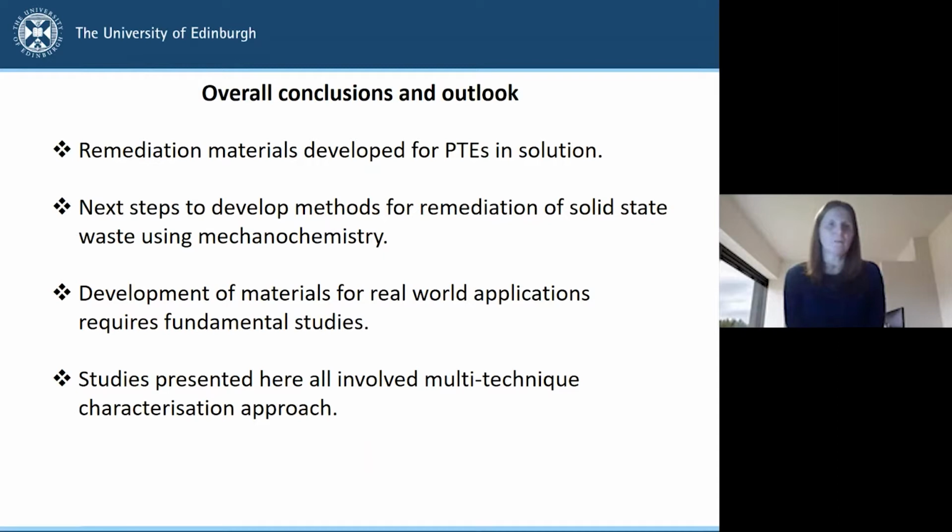So just to finally sum up, we've looked at some remediation materials that have potential for remediating potentially toxic elements in solution. And we're really now looking at the next steps to develop these remediation methods for solid waste streams using mechanochemical methods. Hopefully I've shown you in all these examples that the materials do have real world applications, but having some fundamental studies gives a lot more confidence in the understanding of these materials and knowing the next steps